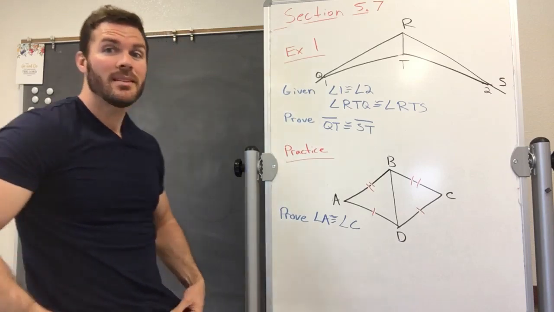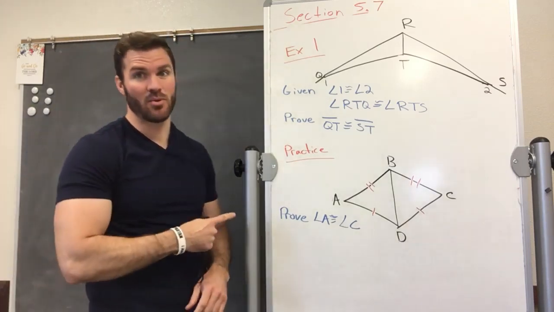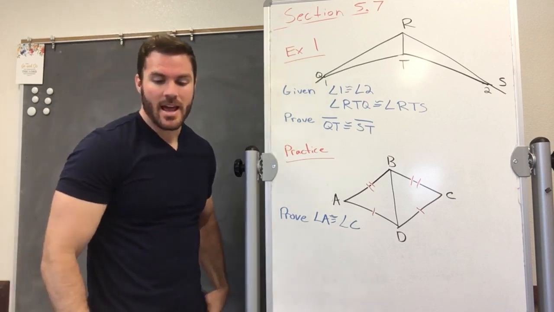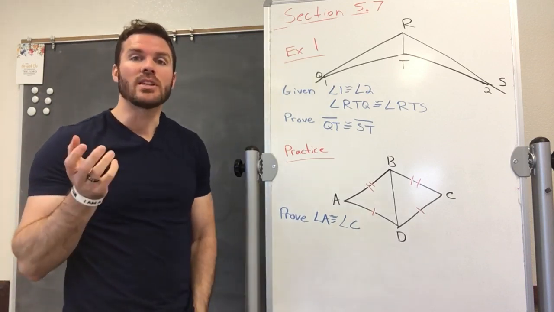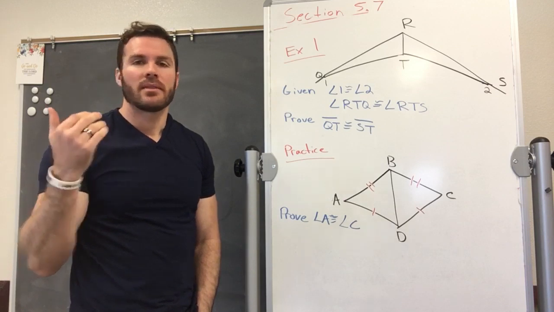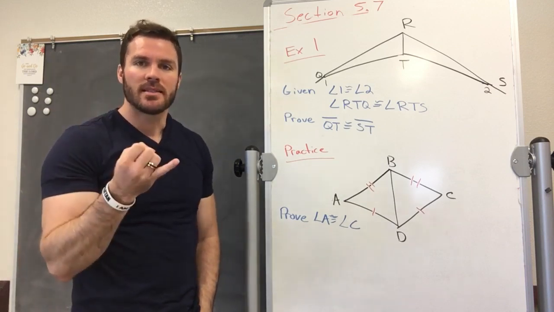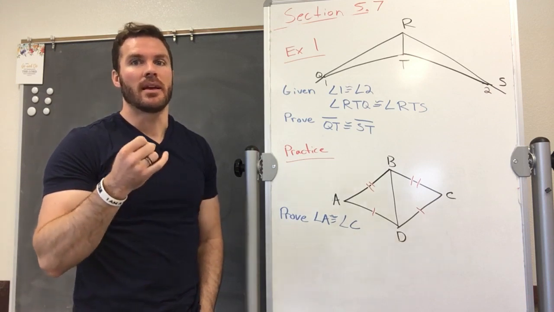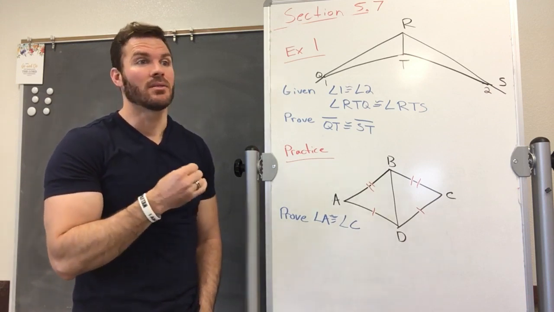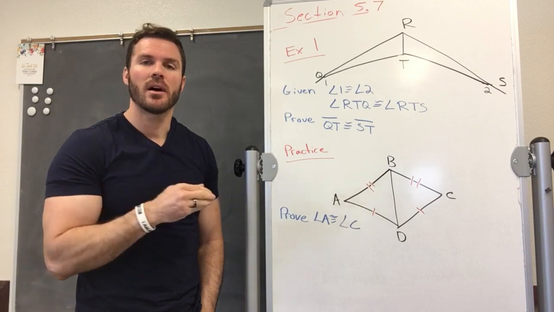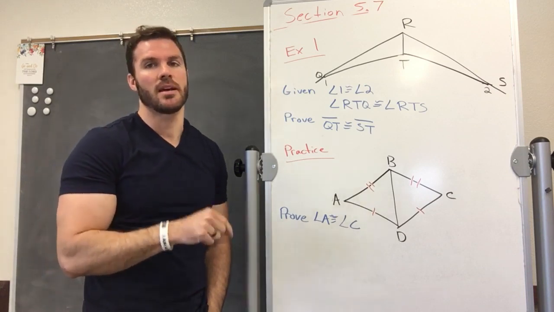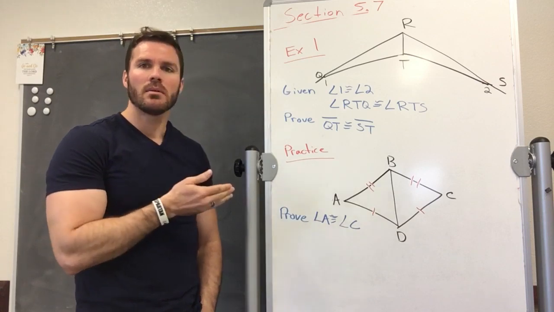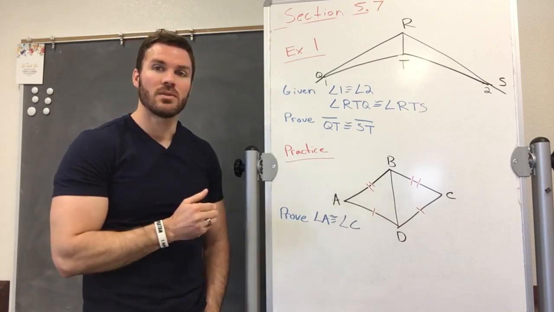Welcome back, everybody. This is section 5.7 of our geometry, and 5.7 is going to be putting everything together: the side-side-side (SSS), SAS, angle-side-angle, and the hypotenuse-leg congruence theorem, HL. We're going to put all of these together. So I'm going to do an example, and then the next one will be practice for you to pause and